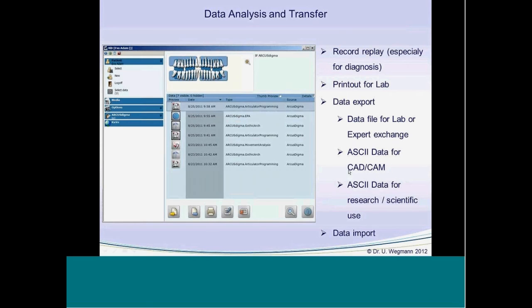And we can use this ASCII data file for research or scientific use. And of course, we can import data from other measurements done by another dentist so that we can discuss it.